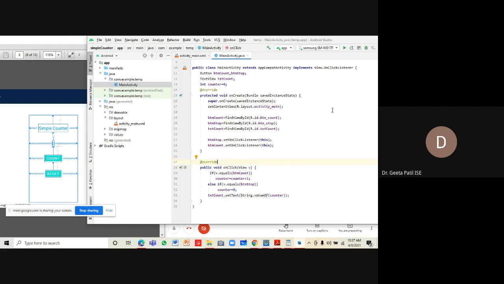Have you all done? People with systems, have you installed Android Studio? Completed?